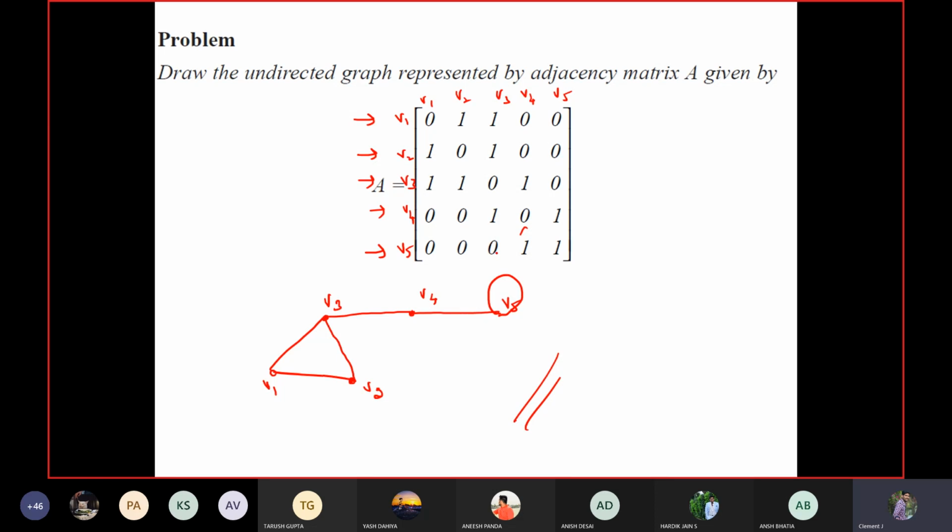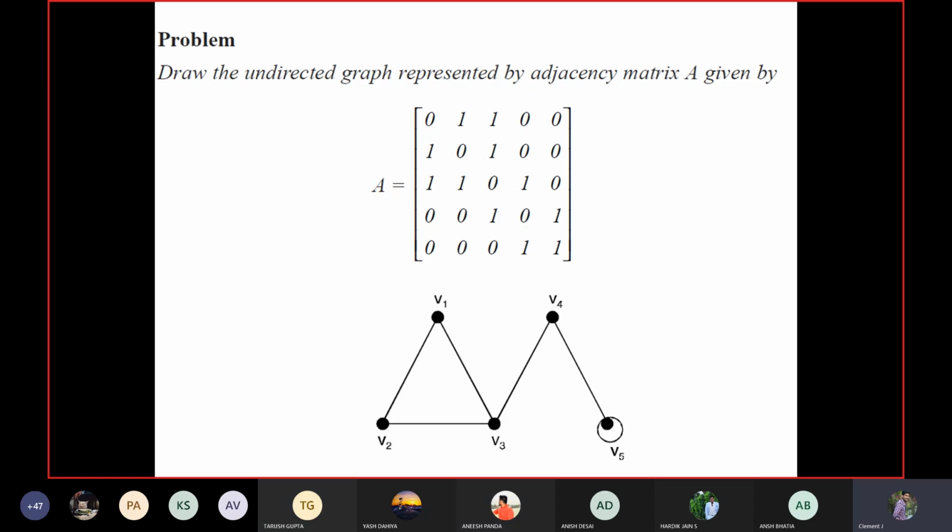Sometimes questions can be given by providing the graph and asking you to convert it to an adjacency matrix. Otherwise, by providing the adjacency matrix, you may be asked to create the corresponding graph. It can be asked as a 5-mark question, and by combining both, it may be asked as a 10-mark question. Have you cleared up to this adjacency matrix? Is it clear? Yes, sir. Okay, fine. Next.